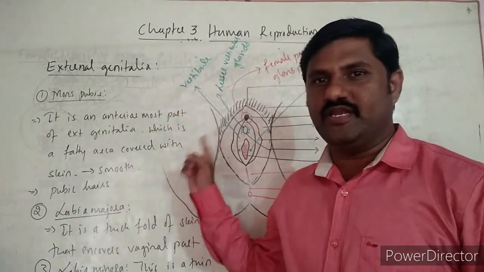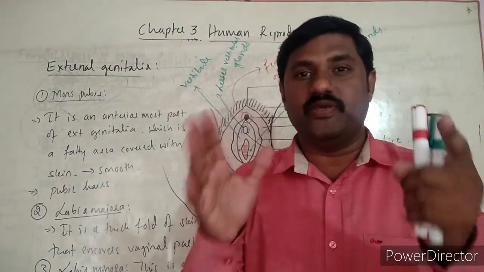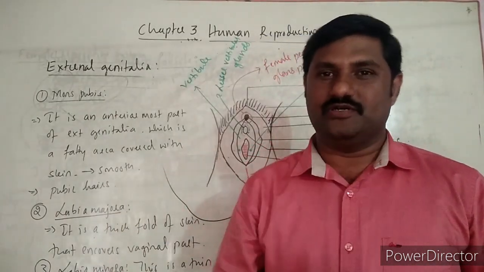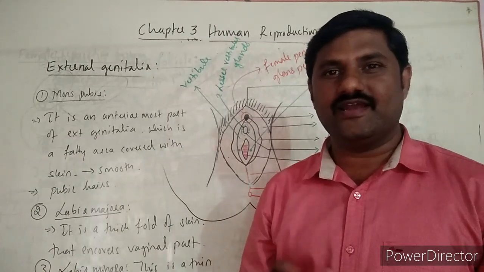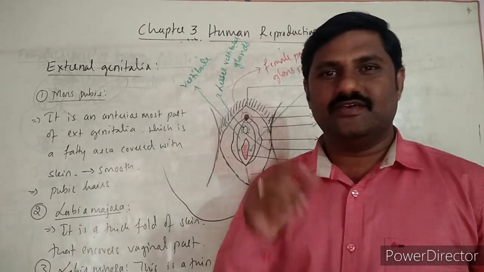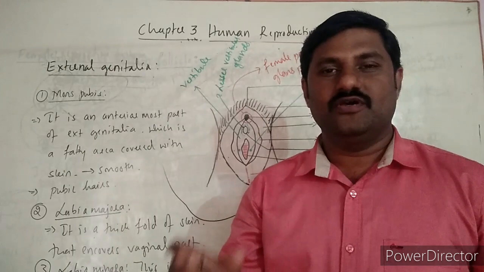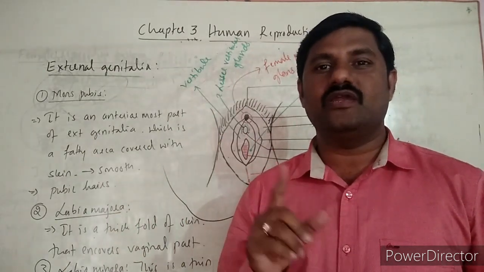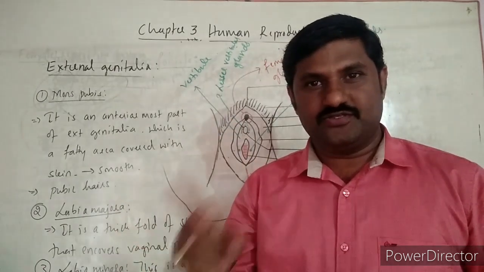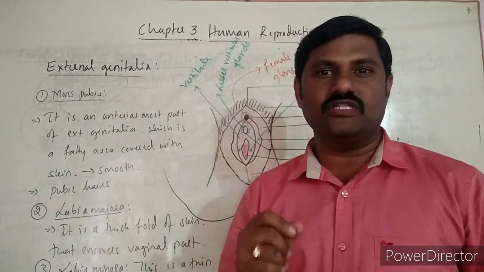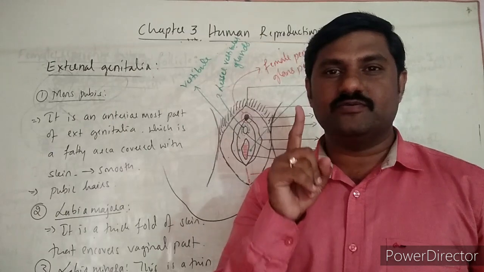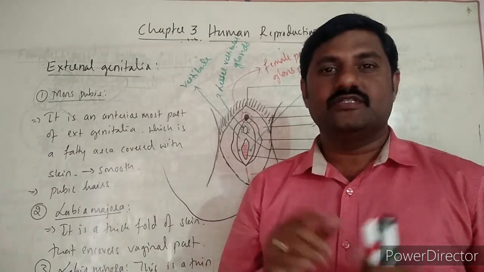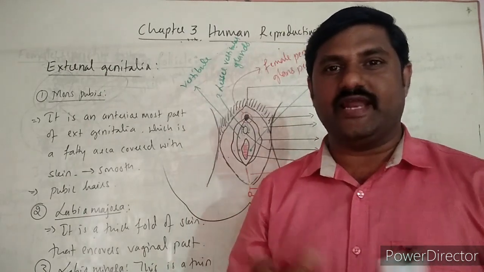So this female reproductive system, you may think that it ends here. No, one more paired structure is there. They are also considered as part of the female reproductive system. They are nothing but a pair of mammary glands. It is an indication of all the mammals. Mammals bear the breast. Breasts are nothing but mammary glands. These are nothing but modified sweat glands.